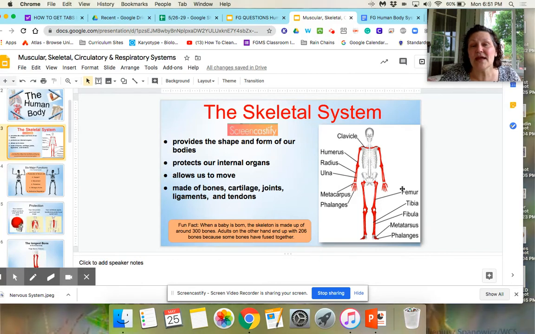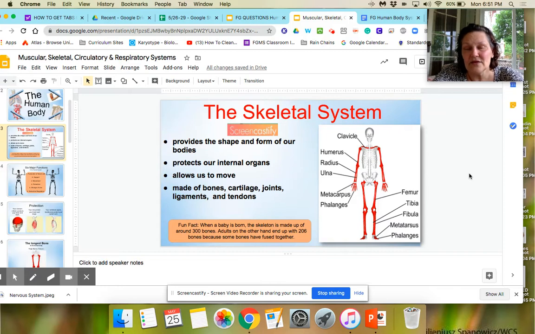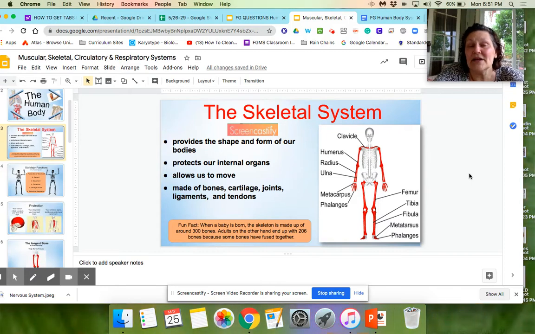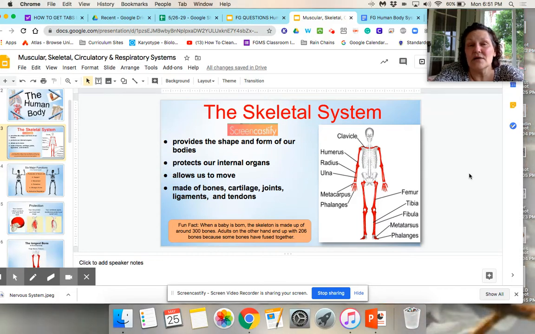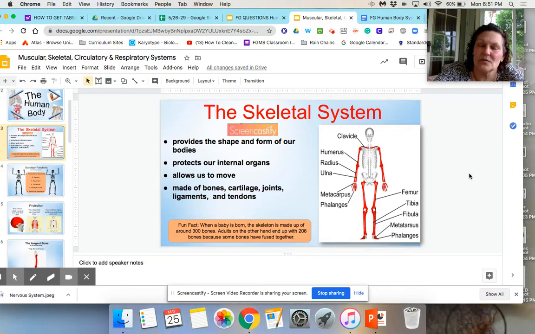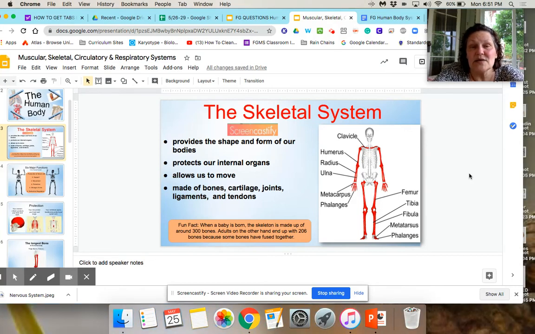So when we look at this first system, the first system is the skeletal system. And I think for most people, they get an idea. They may not know everything about it, certainly, but they know that it's made up of bones. And so there are like six major jobs that it does. I'm going to talk real briefly about some details here, and then we'll get into it a little bit more deeply. So, one of the things the skeletal system does is it provides support and form for your body,